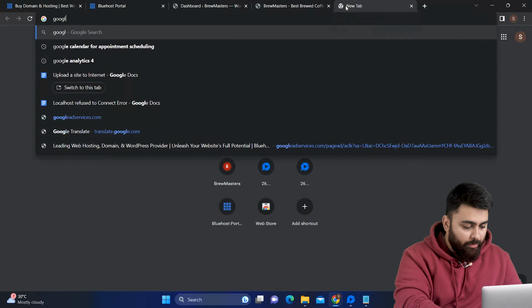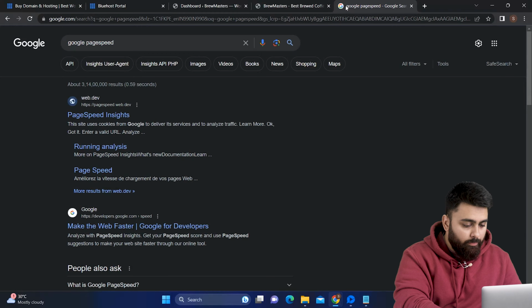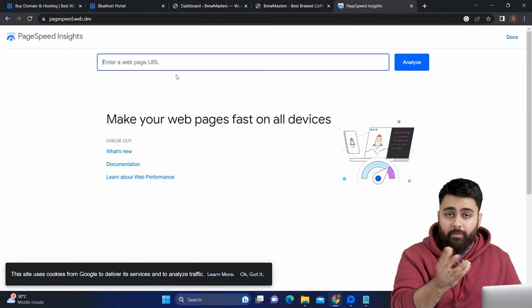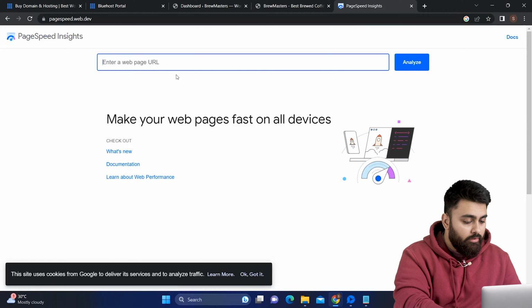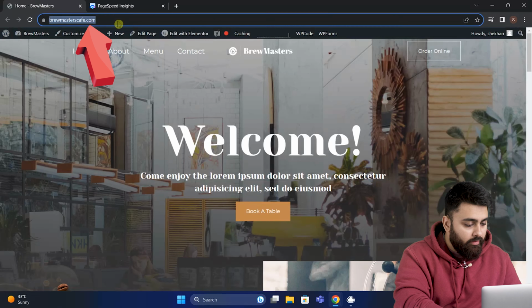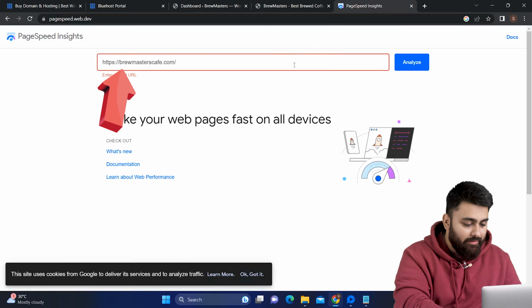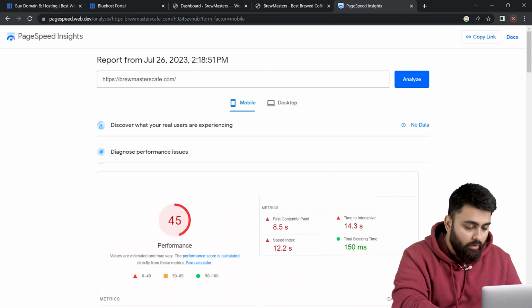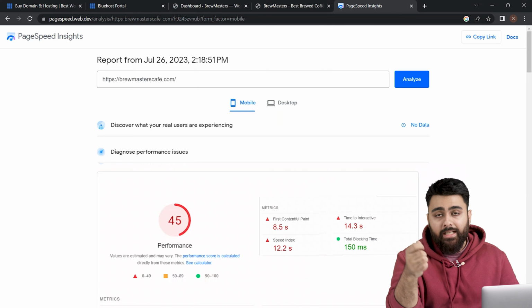So let's go here and open a new tab and type Google PageSpeed. Now click on PageSpeed Insights. This is a free page by Google to check if your website is loading too slowly. So I will come back to my website, copy the URL, then come back and paste it here. Then click Analyze. Now you can see that this site score is quite low, and I'm going to show you how fast Airlift is going to make this